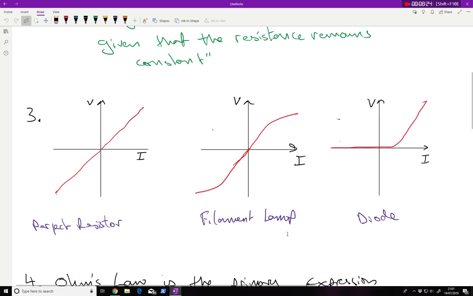On the flip side, I have a filament lamp. So we know how filament lamps work. They produce light by having a current pass through a filament. That filament has a high resistance, it gets hot and it starts to glow. In this region here, centered about the origin, the filament is well behaved because the voltage is proportional with the current. However, at even higher currents, at even higher voltages, the current gets higher, but because the electrons